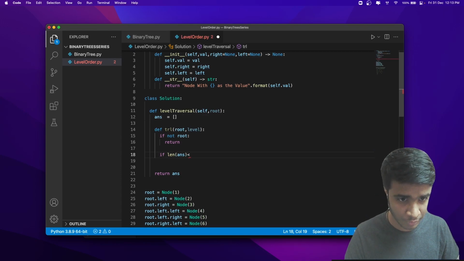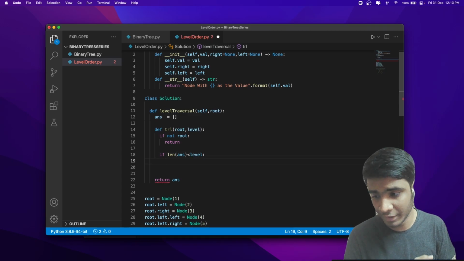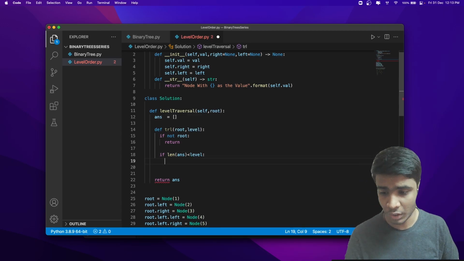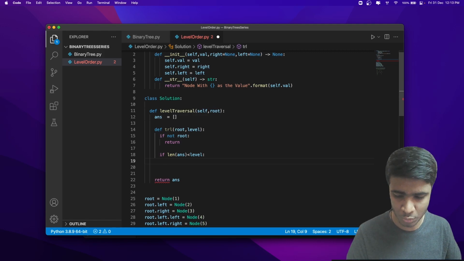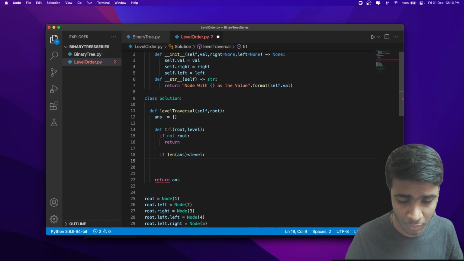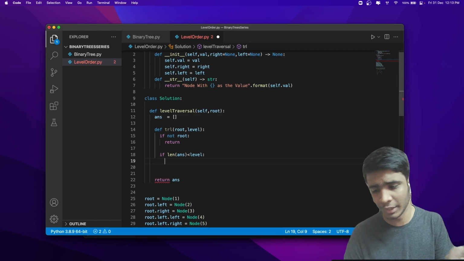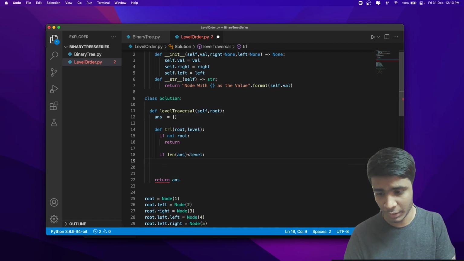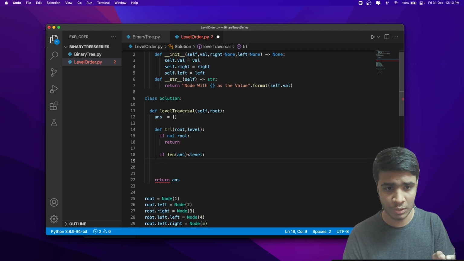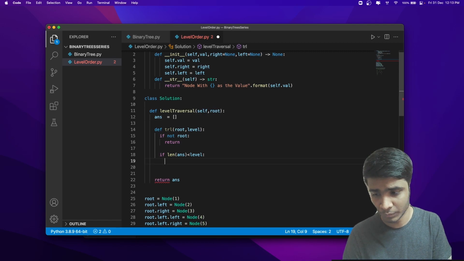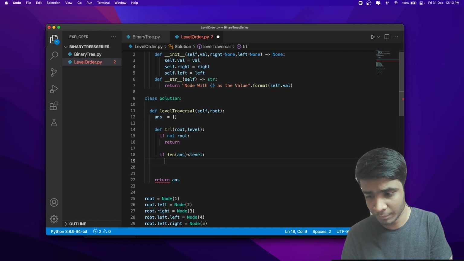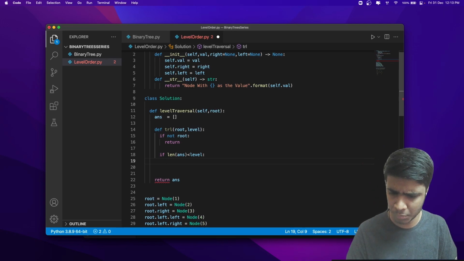But what happens if the length of the array is less than the current level that we are in? That means we haven't even seen this level previously. So what we should do is create a new level array in the answer array. We simply append a new array with this element. Pushing is common, but the one thing we have to check is whether it is already present or not. If it's present, push it into that level. If it is not, create a new level. That's a simple understanding of this, and by using this, we could solve almost all the traversal problems here.